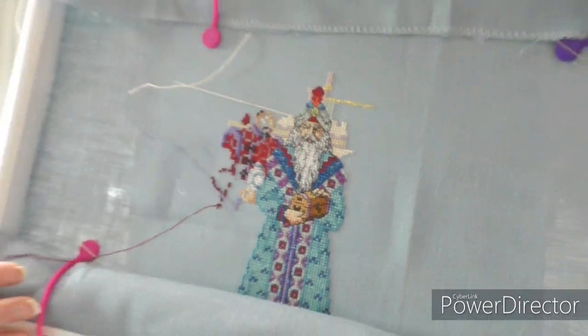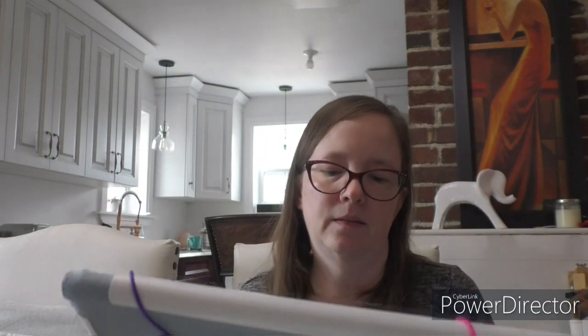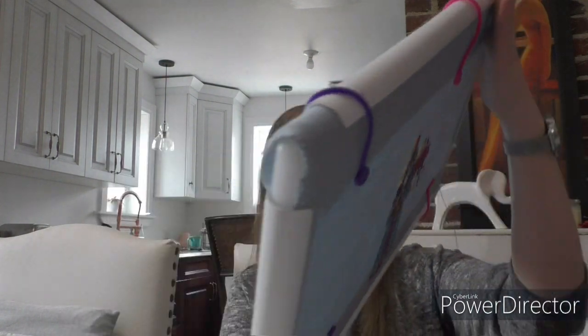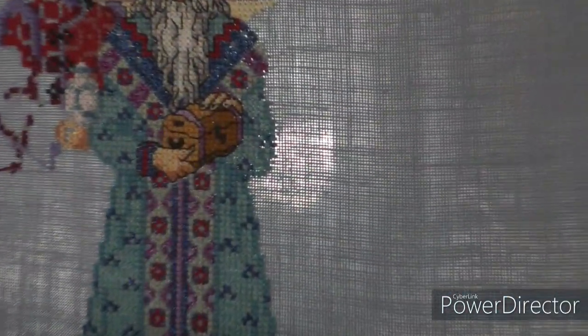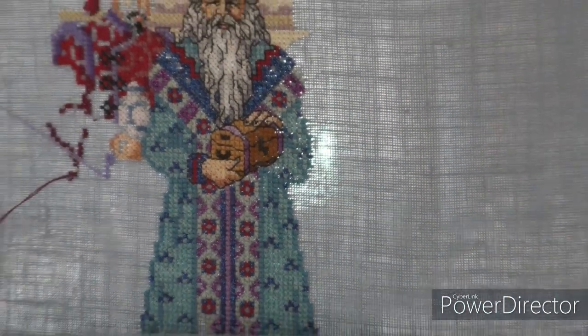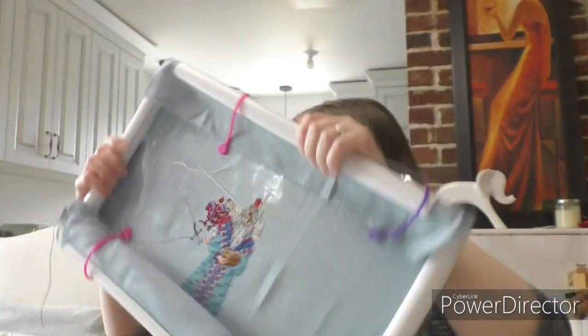Yeah, it is gorgeous. Every time I pick it up, I mean the detail. Just so much detail. I mean, he even has fingernails. Where are they? So,